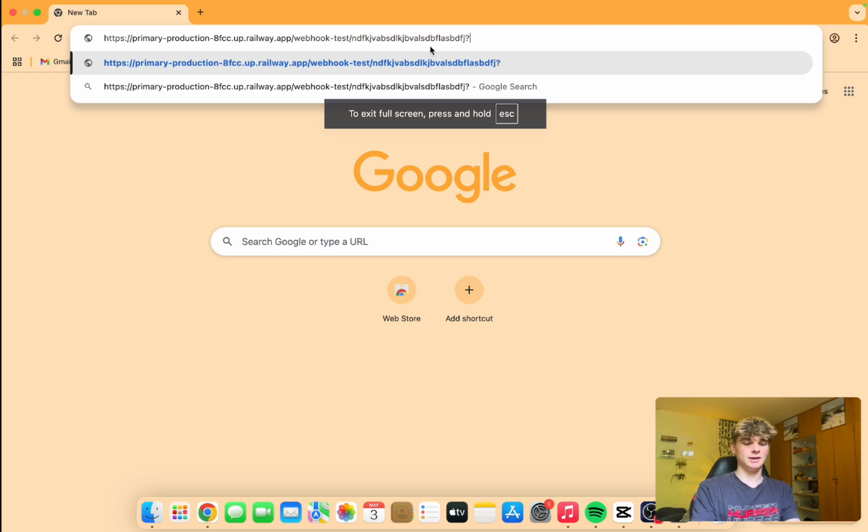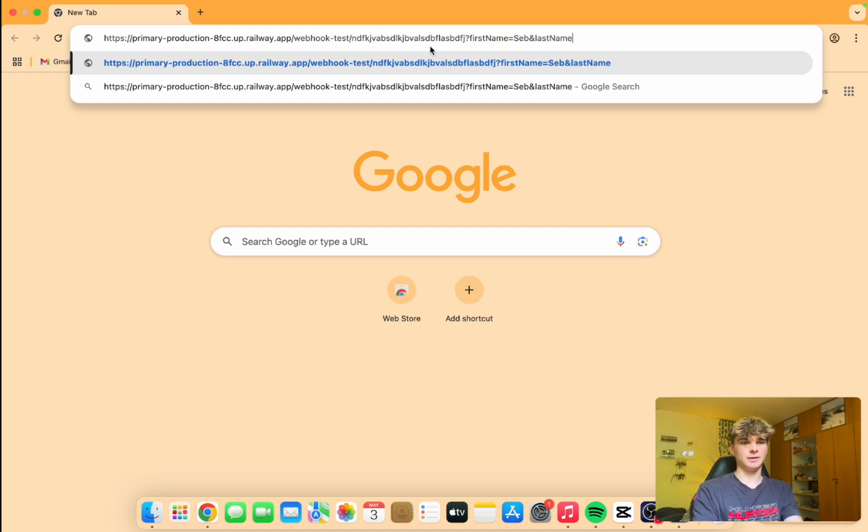If you click here, and then we go first name equals Seb and last name equals Gardner. As you saw before, we didn't have to enter a password to use this webhook, but now because we've added the basic auth, we do have to. So if we click enter,